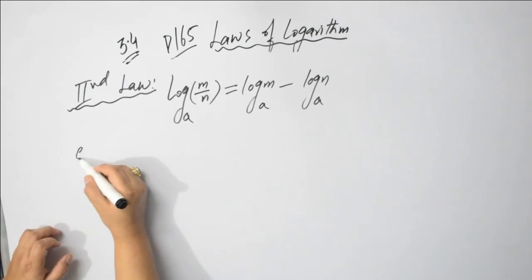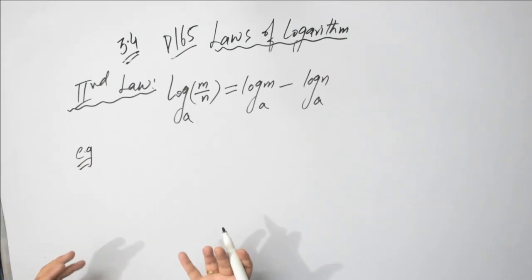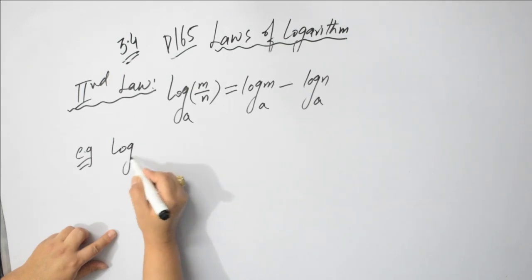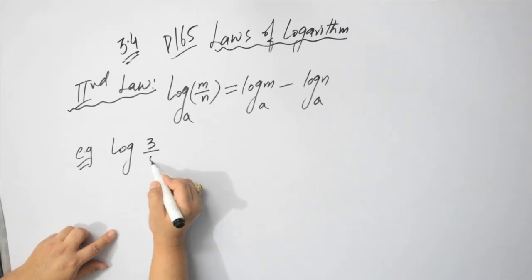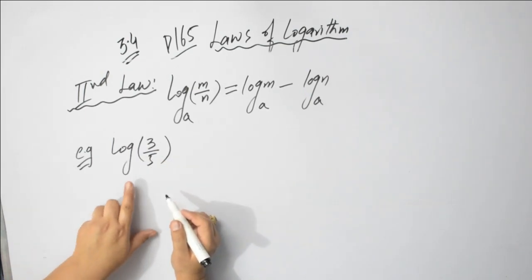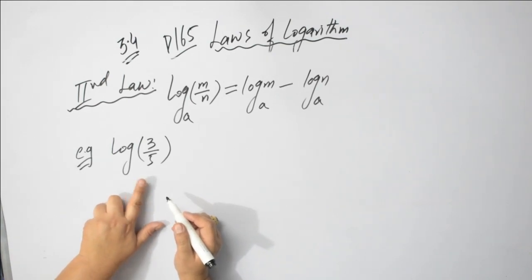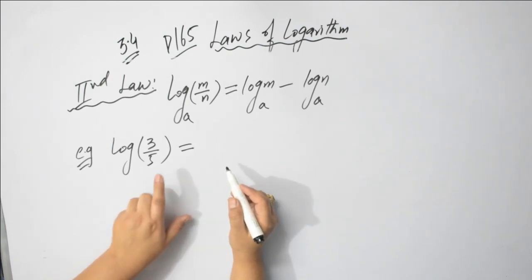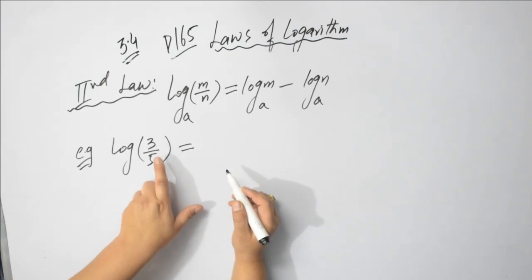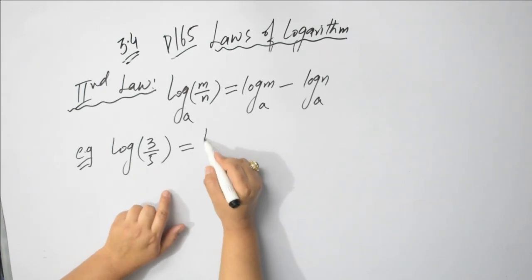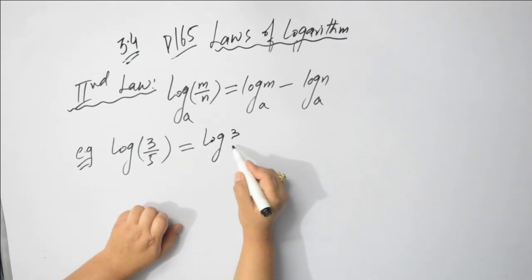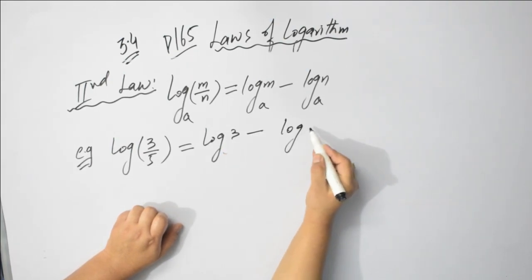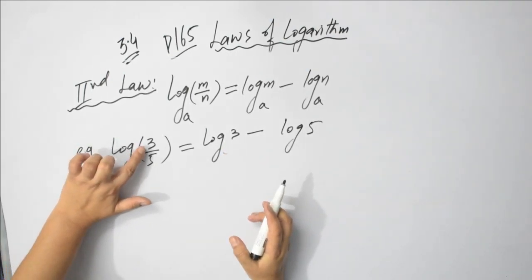इसको हम सिंपल से example से लिख लेते हैं ताकि आपको clear हो जाए, because here I have written in general form. सिंपल example में स्टूडेंट्स ले लेती हूँ. Let's suppose I have 3/5. Again I haven't written base here, it's understood it's base 10. So it becomes, you see, these two numbers are divided with each other. तो क्या होगा, log of first 3 upon log of 3 minus log of 5, ठीक है, log of numerator